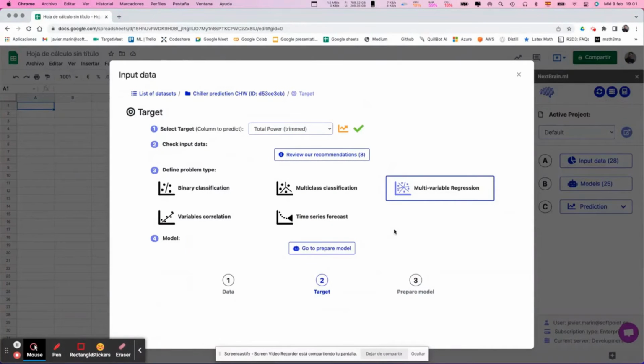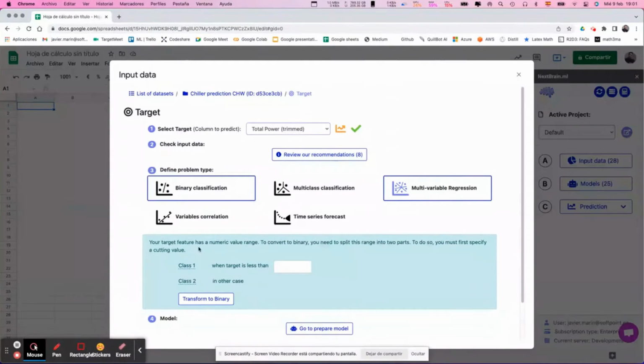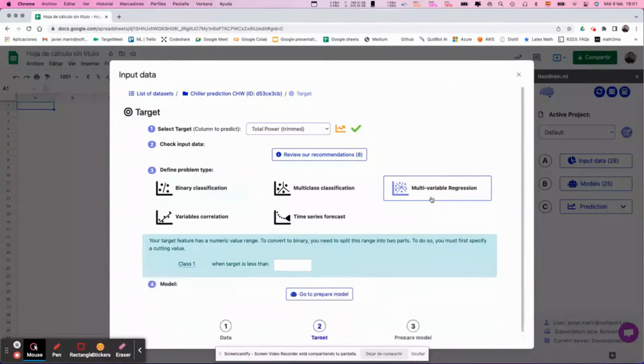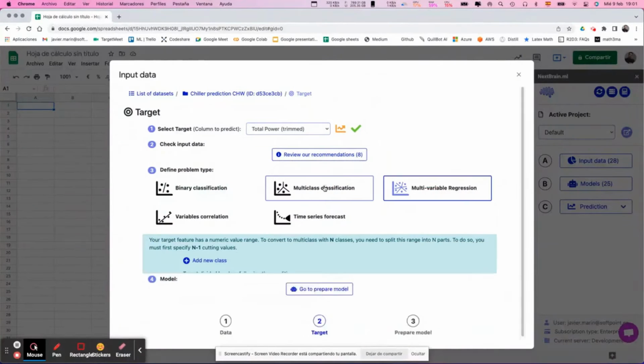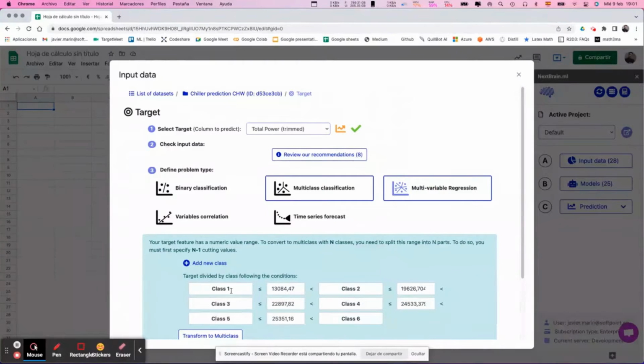We can change the problem type after NextBrain has selected it. Nevertheless, it will modify our dataset a little. For example, if we have a regression problem, we can transform it into a binary or a multi-class classification problem. To do so, we have to transform our target into a binary one or into a multi-class one. We must take into account that, doing so, we are changing the meaning of our model in terms of prediction